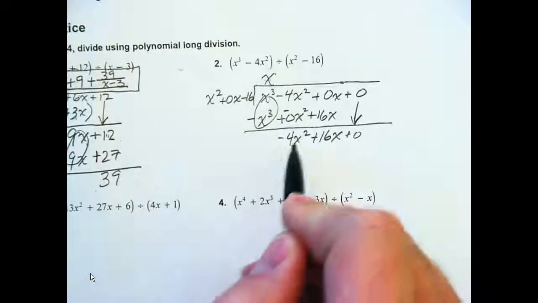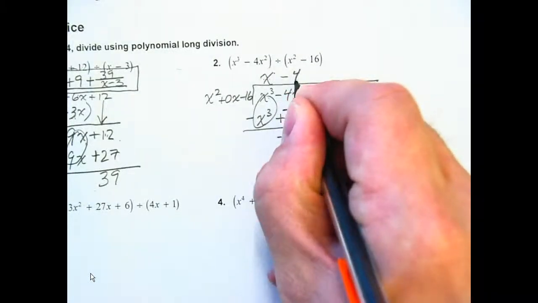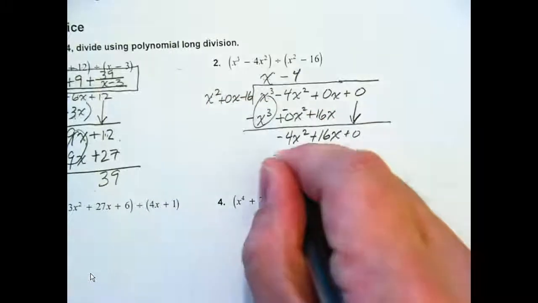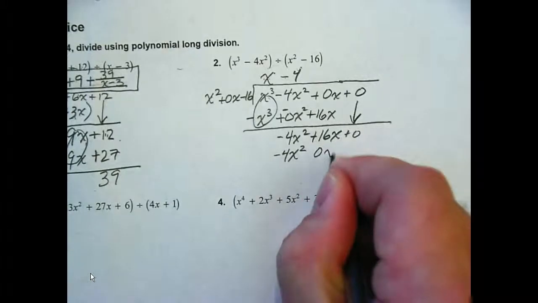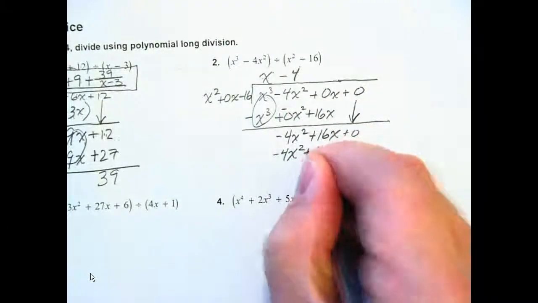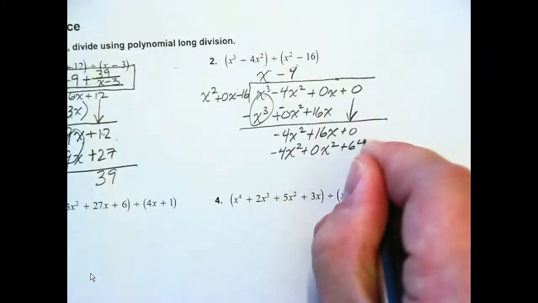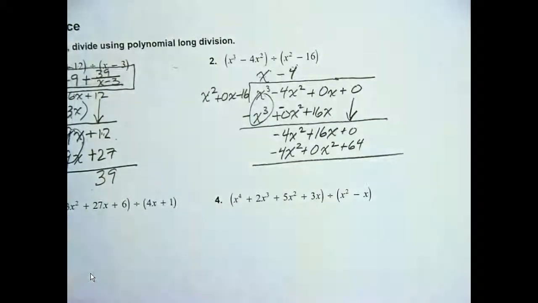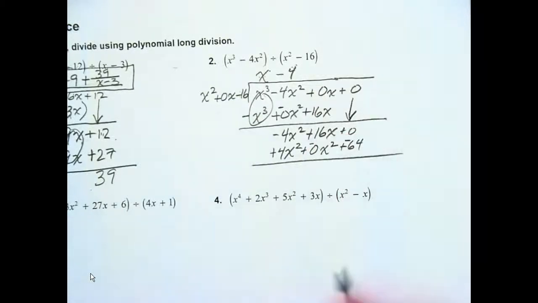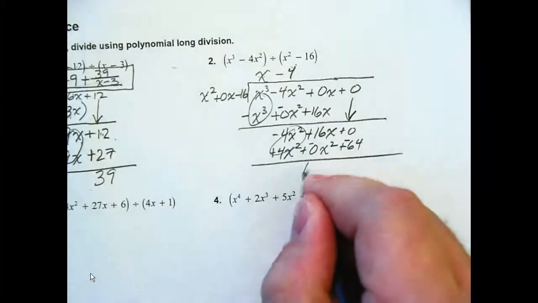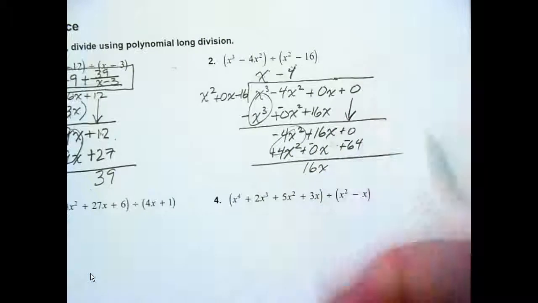x squared times what is negative 4x squared? Negative 4. Negative 4 times x squared is negative 4x squared. Negative 4 times 0 is 0x. And negative 4 times negative 16 is positive 64. We subtract, which means we flip the signs, which doesn't really matter with the 0 again. That's gone. That gives me 16x and